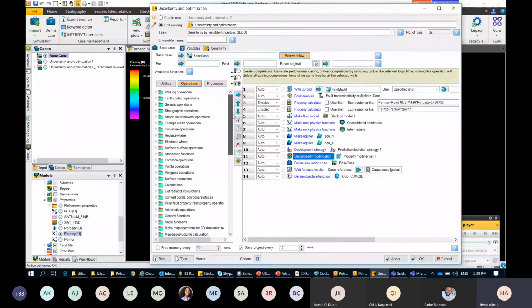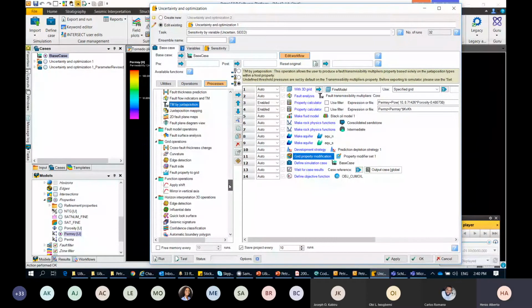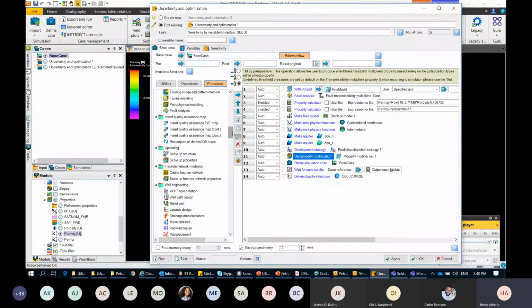So let me just go to the process itself, find it to be able to add. Just bear with me 1 second. Okay, I can come here, add in the petrophysical modeling, and through here select anyone I need and put the variable as I showed you before. Okay,